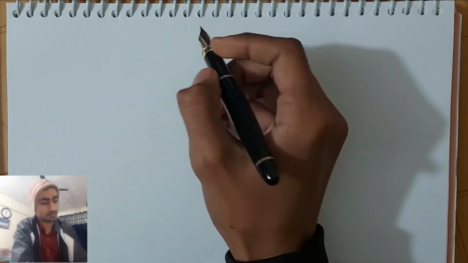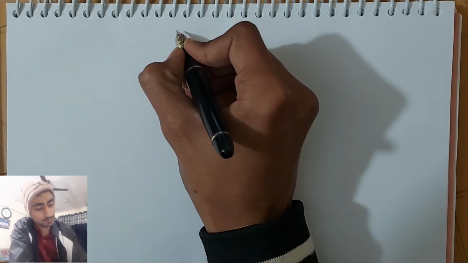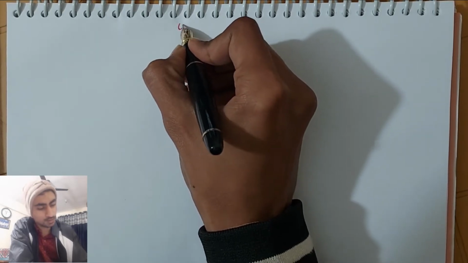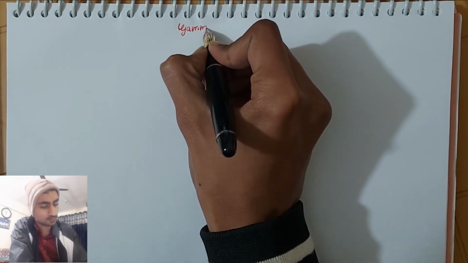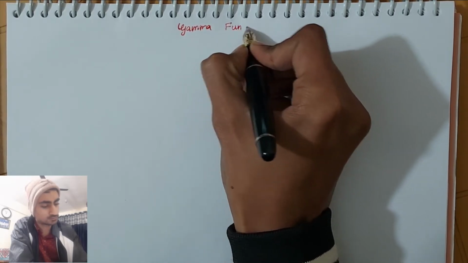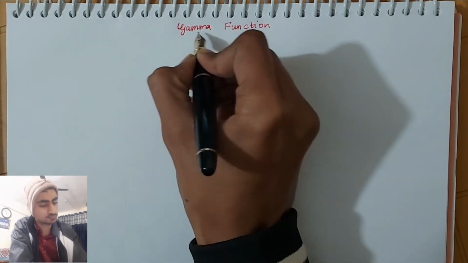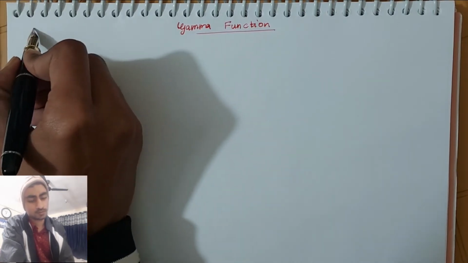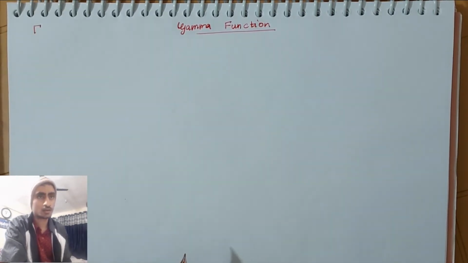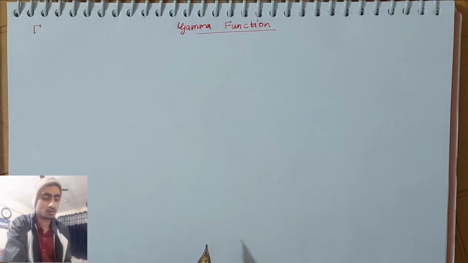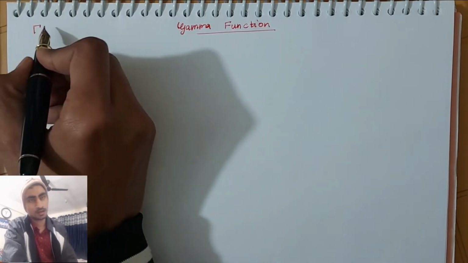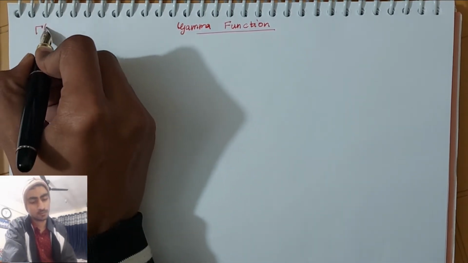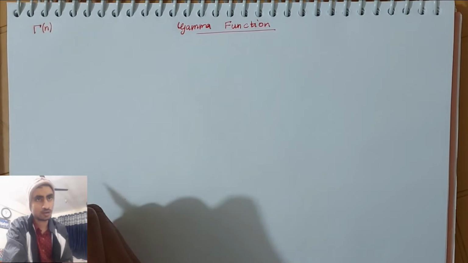So let's take gamma function. So let me give the heading: gamma function. And I will begin with how you write gamma in the notation. It's a capital letter gamma. You can consider it as half an H, that would be simpler. And if we say the argument is n, people write it like gamma of n,